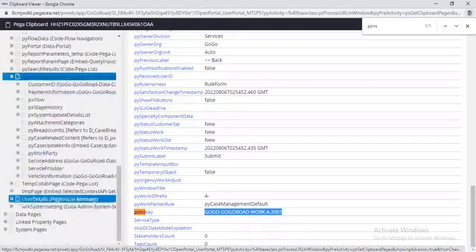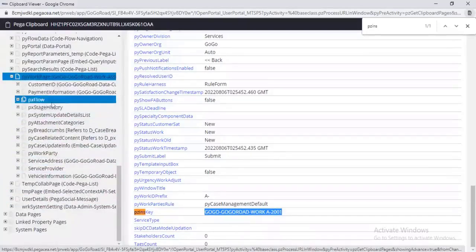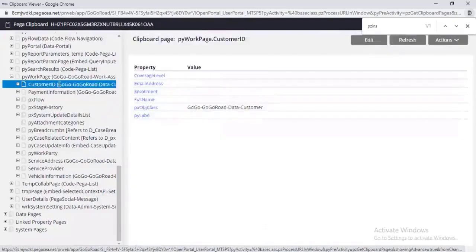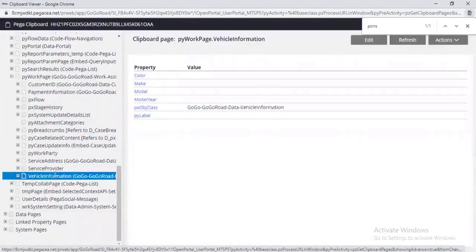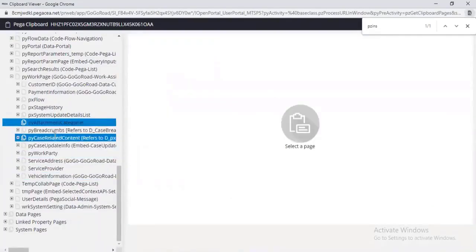Let's see the pzInsKey for another table. Suppose customer ID is there. This page doesn't have one. If we have any attachments, then we might see some pzInsKeys. But the basic idea you understood, right?